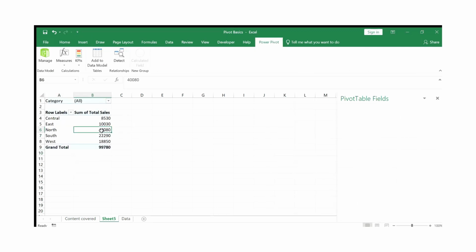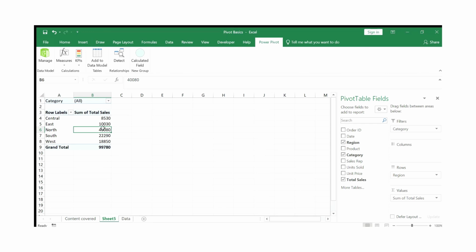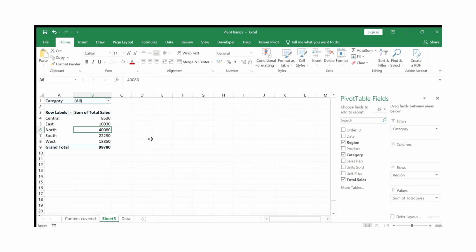So the next thing is very important: using a calculated field in a pivot table. These are, by default, the pivot table fields related to our data. But in case we need to do some manual calculation and want to add a specific field here, how can we do that? So in case